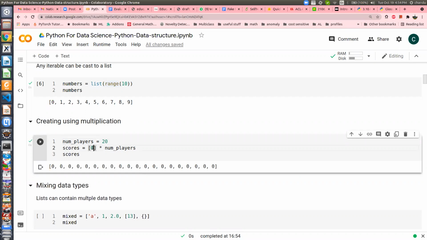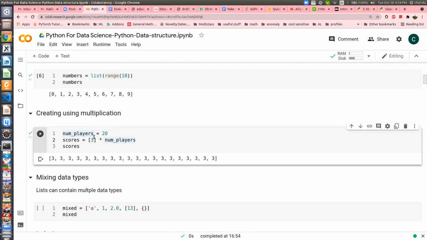What will happen if I make it 3? What would be the output? It would be 3 instead of 0, 20 times, right? Remember this is a list containing just 3, and the multiplication operation says replicate this list that many times. So if I run this command, you will see the same list is replicated 20 times. That's it. Very simple.